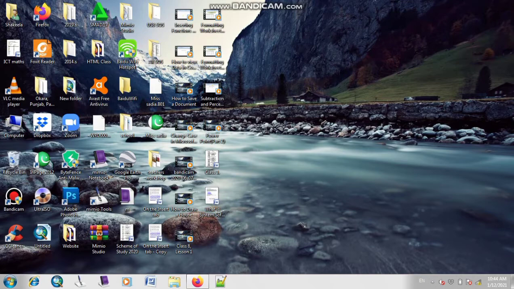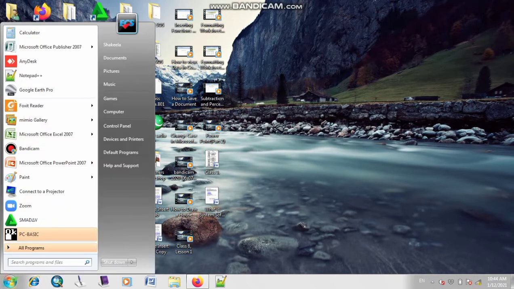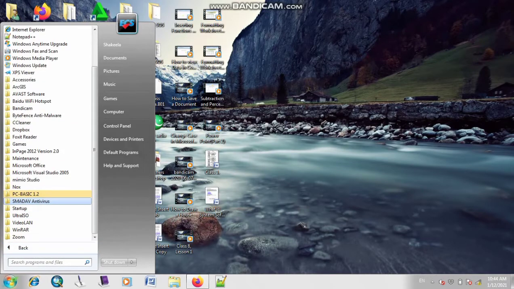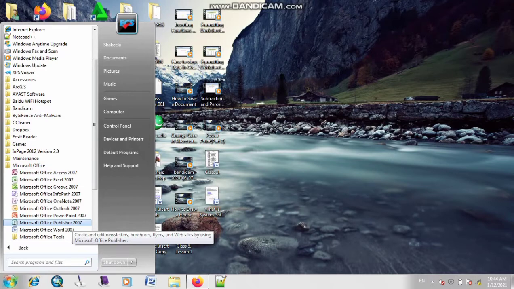As you all know, in the previous lesson we were discussing the different components of Microsoft Excel, and we discussed the different formulas of Microsoft Excel for addition, subtraction, multiplication, and how we can calculate square root, etc. So now let's start a new topic related to Microsoft Excel. First of all, I'm going to click on the start button, all programs, Microsoft Office, and then click on the option of Microsoft Excel.